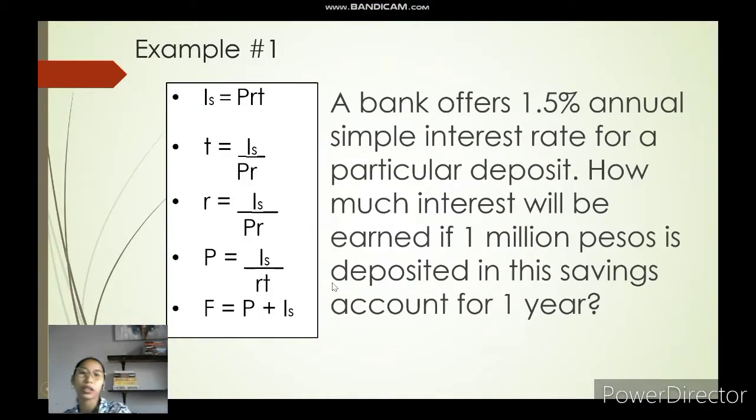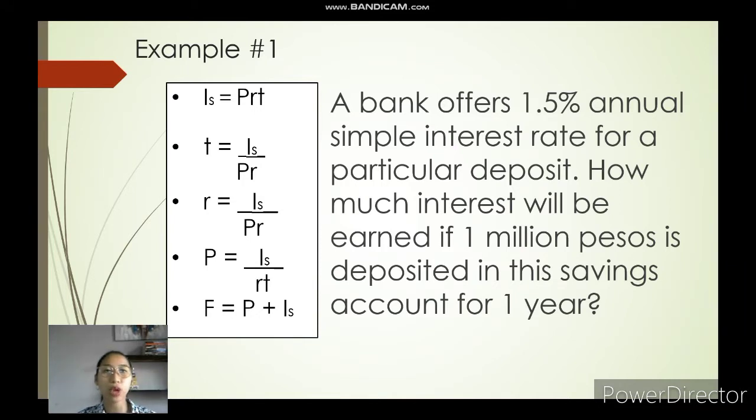Okay, after nato nga na-answer ang tables, mas dali siya actually compared to the word problems, because directly given na ang imuhang mga given. Gihatag na diretso, no? Wala na siya'y analysis pa kaayo. Kaya makita mo dito ang P, ang R, ang T, ang I_S. But here, in this next section, we are going to